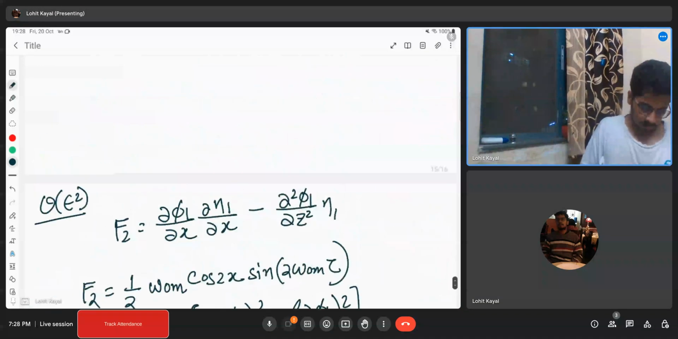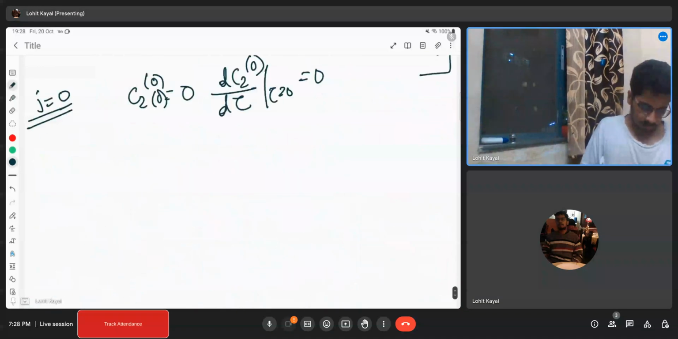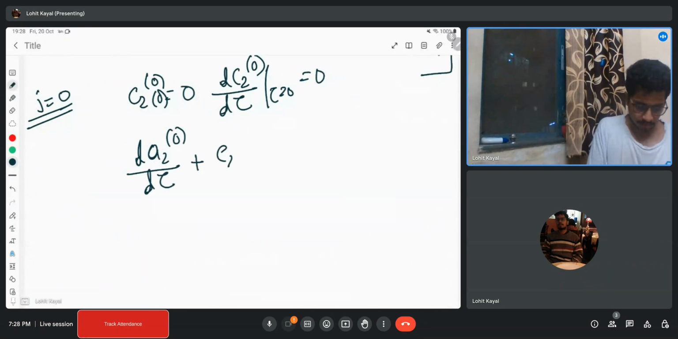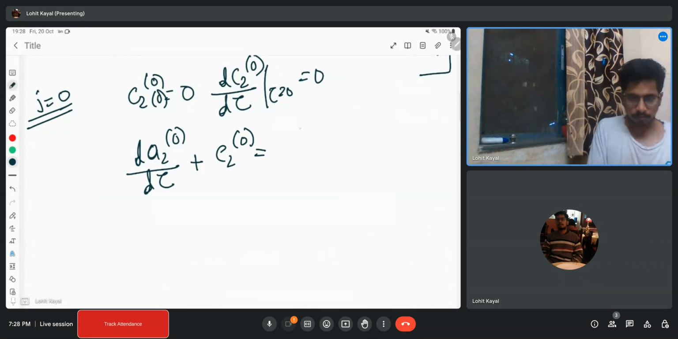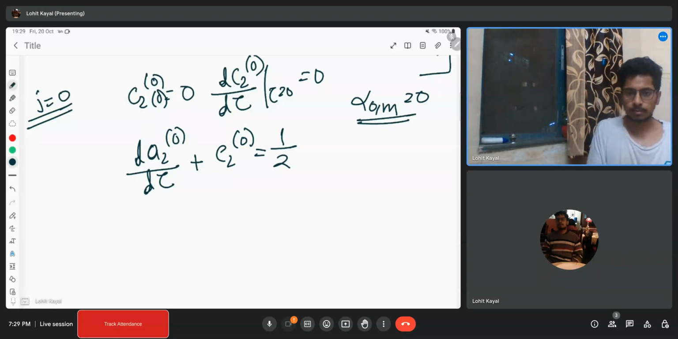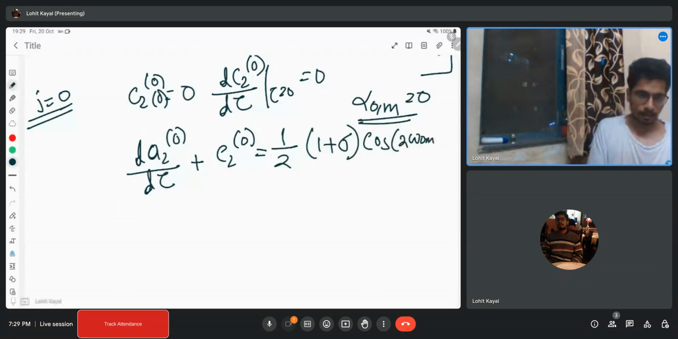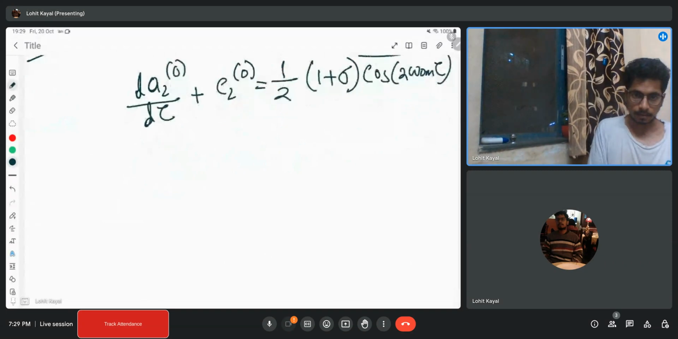Now the equation for the second order will be like this: d tau plus c20. Now alpha 0m is equal to 0. Okay, you need to keep in mind, half into 1 plus sigma cos 2 omega 0 tau and also the differential equation will be